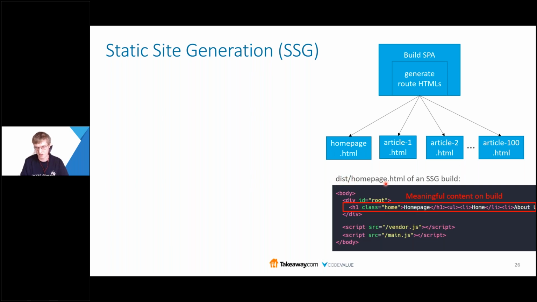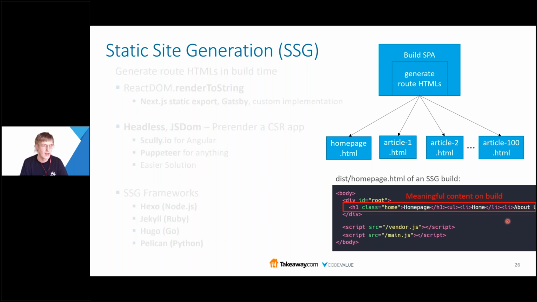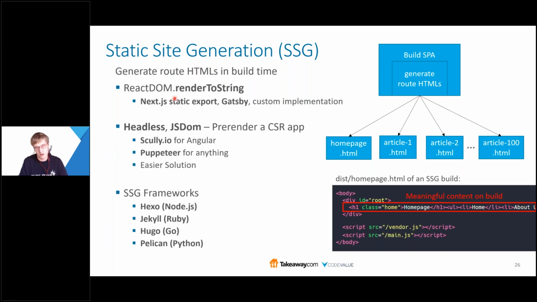For example, in this homepage HTML, you will have all the content of the homepage. And how do you achieve it? Well, in React, you have render to string, which is what Next.js and Gatsby use. Also, there's some variation. You can render in stream and stuff, but I will not talk about it in this lecture. You can also create a client-side rendered application and use a headless browser or JS DOM, so use some kind of simulation of a browser